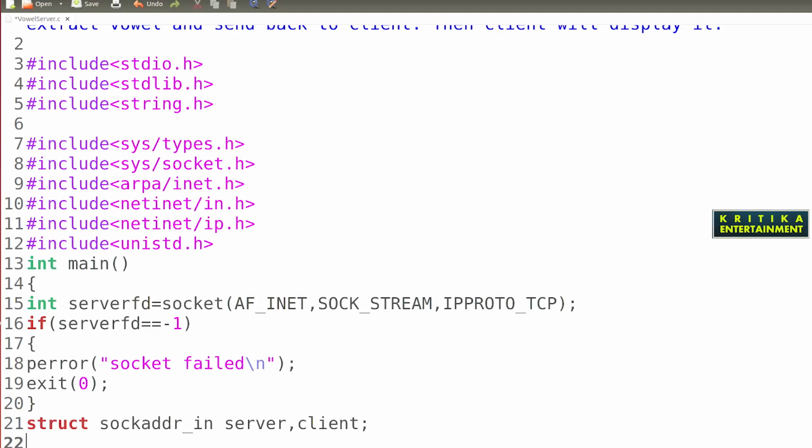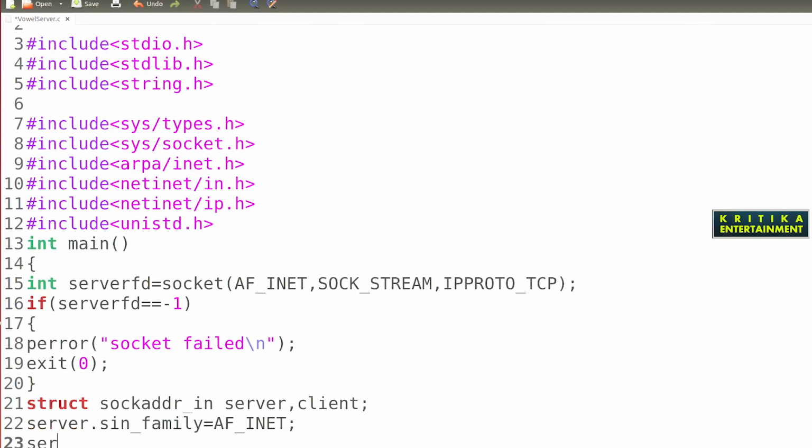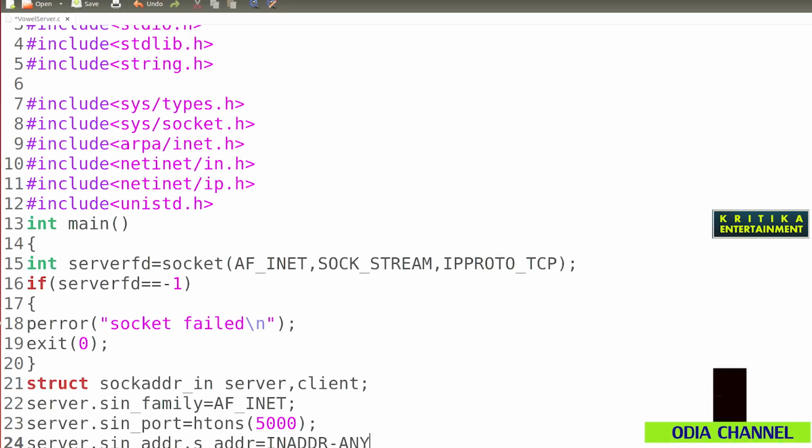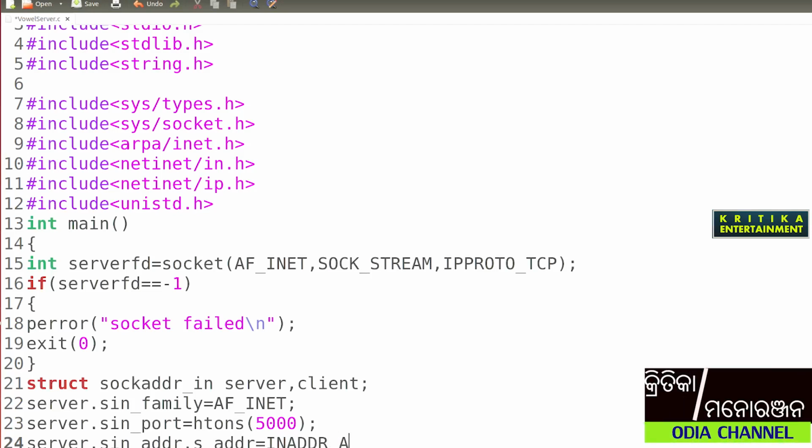Here we write server.sin_family is equal to AF_INET. Then server.sin_port is htons of the port; I have used 5000 here. Then server.sin_addr.s_addr is equal to INADDR_ANY.